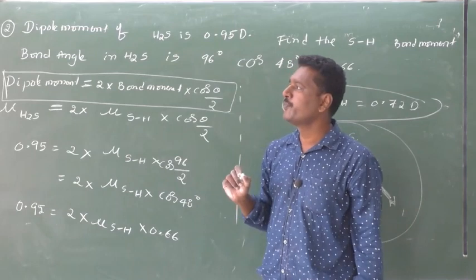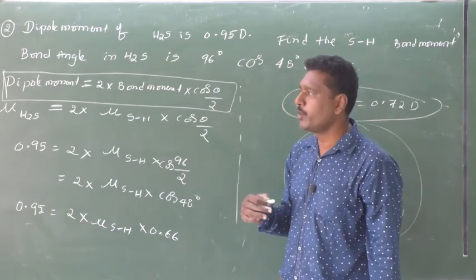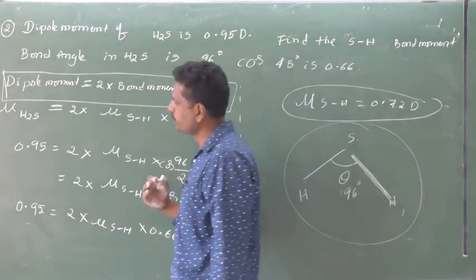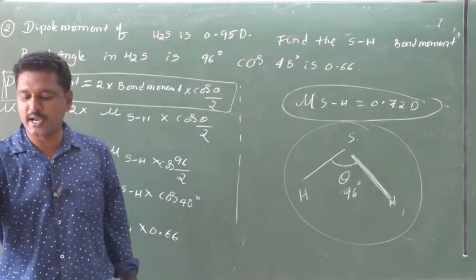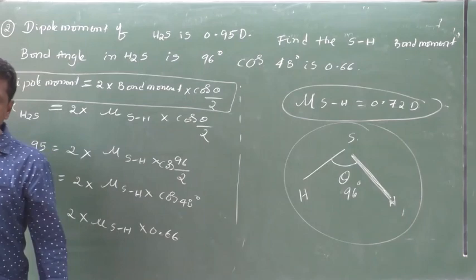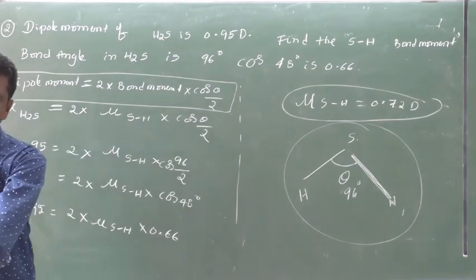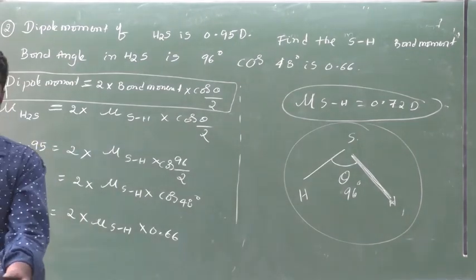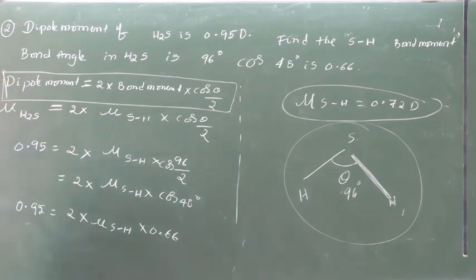After that, the third model, we'll do the third problem, same percentage ionic character. I will write the formula here. The second problem was the dipole moment. Now the third problem, I will take the third problem. The dipole moment of HBr is